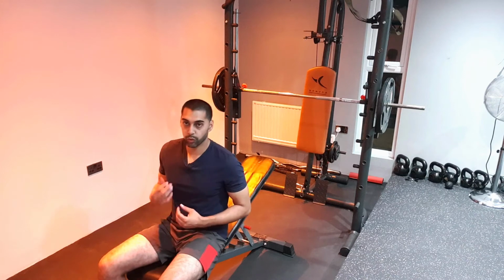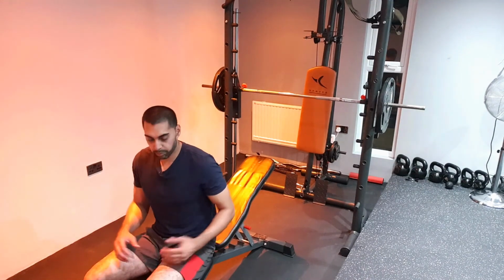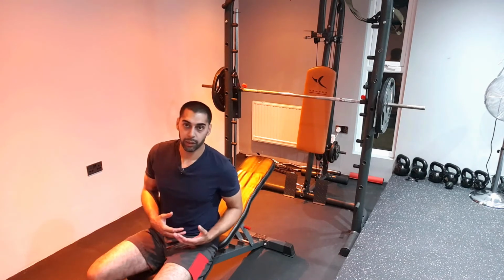Great exercise, hits all 3 tricep heads. So a very important exercise to get into your routine. And I prefer to do this slightly on an inclined position on the bench, but if you're working at home or even in the gym, wherever you are, you can still do it on a flat bench, but